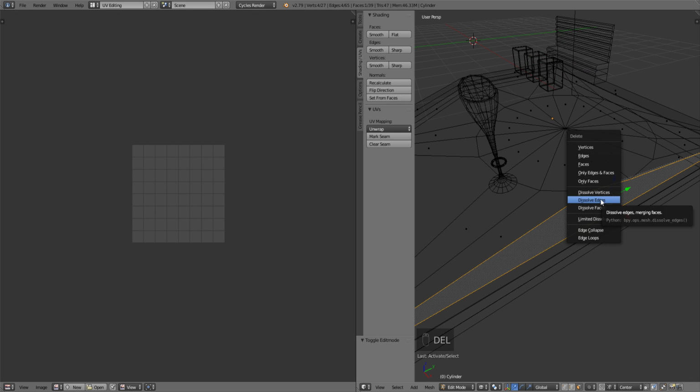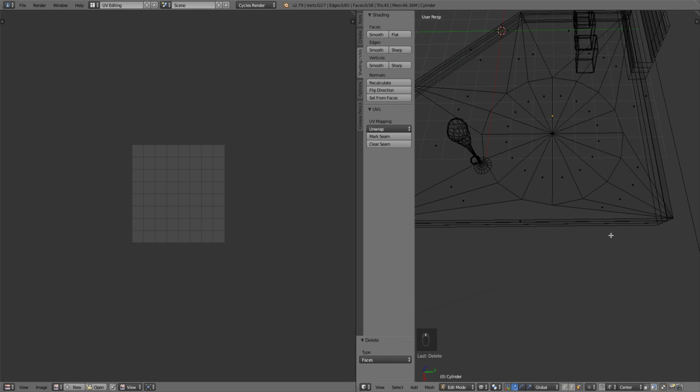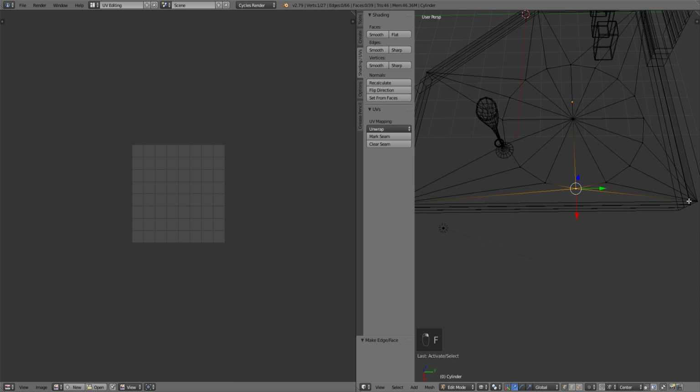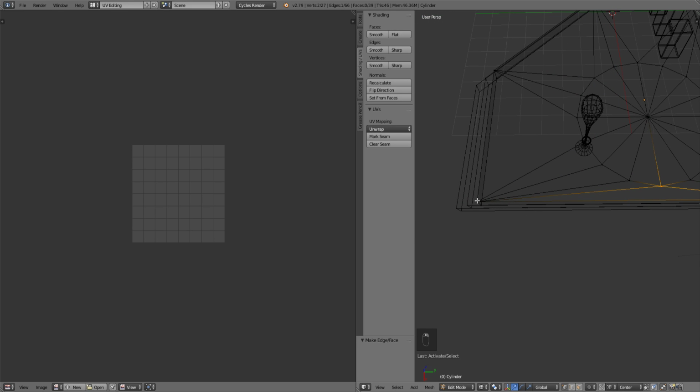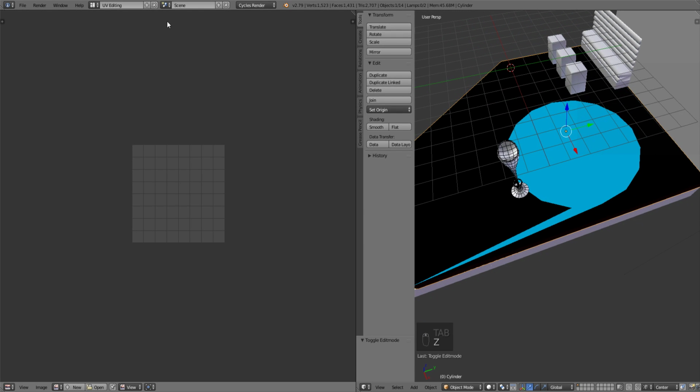Delete this face, yeah, and then, oh god, oh I know. This one, and this one. Close that part, and then this one, this one, this one. Close that part. And then now texture is good, of course,